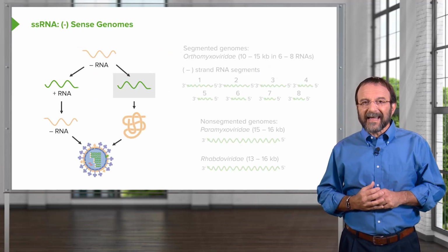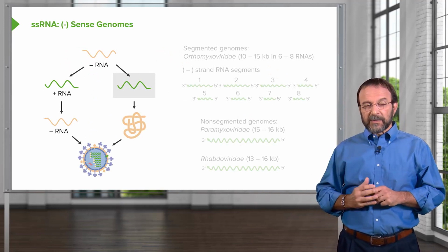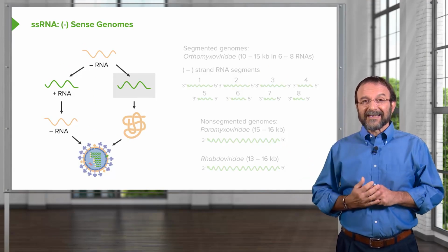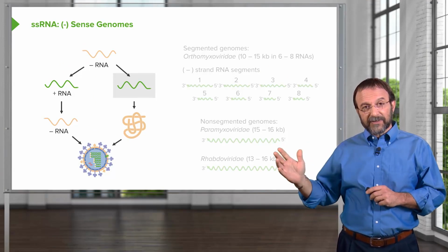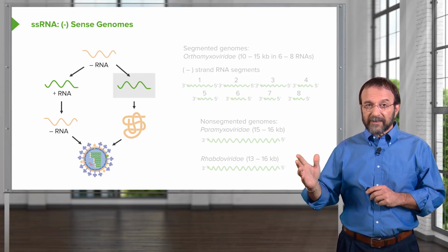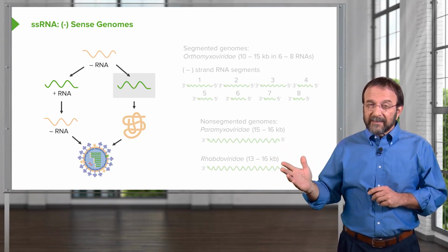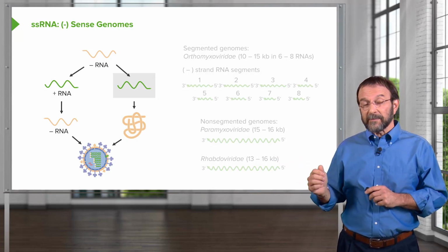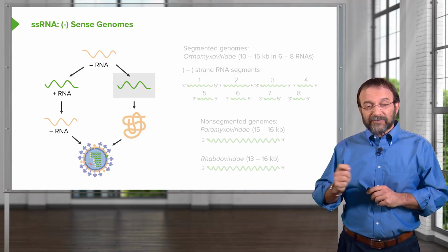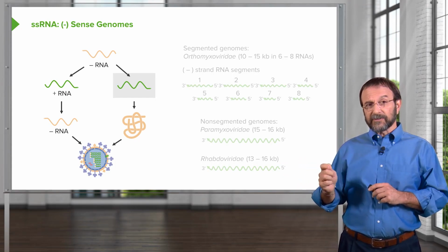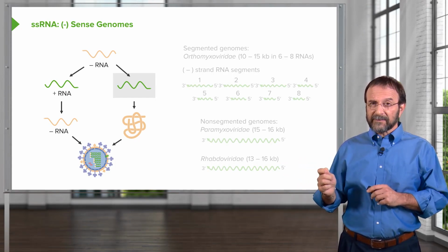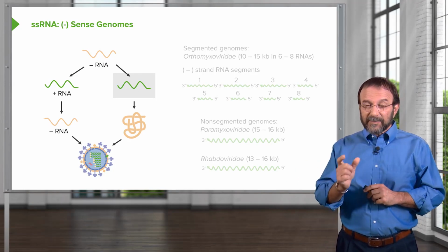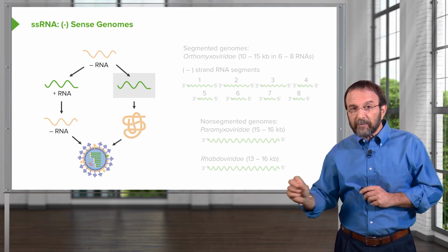These viruses have a negative sense RNA genome. And from what I've told you so far, you should be able to predict exactly what is going to happen in this flow of genetic information. Minus strand RNA cannot be translated, and the cell cannot make a copy of it to make messenger RNA. So you can predict the answer to the question, do negative-stranded RNA viruses carry an RNA polymerase in the particle? The answer, of course, is yes, because it has to come in with the RNA and then copy it to